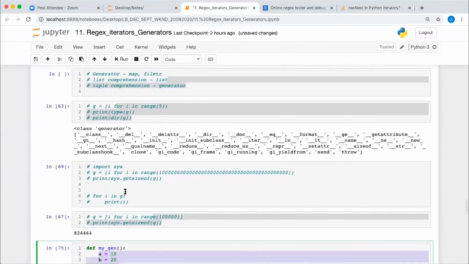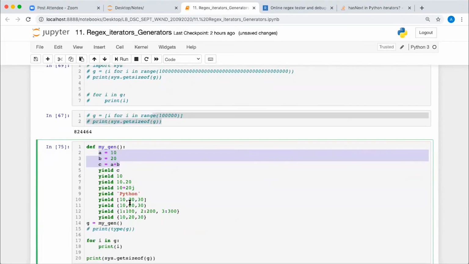If you have a requirement of creating a sequence of a few numbers, then instead of creating a list, use a tuple comprehension, which will return a generator object. It will take less memory, and you will be able to create those numbers into that sequence. But if you have a user defined value, some different value every time you want to return, then use this way of defining the generator. But when you are generating a sequence, it is recommended to use the generator concept for using the sequence in your application or program.